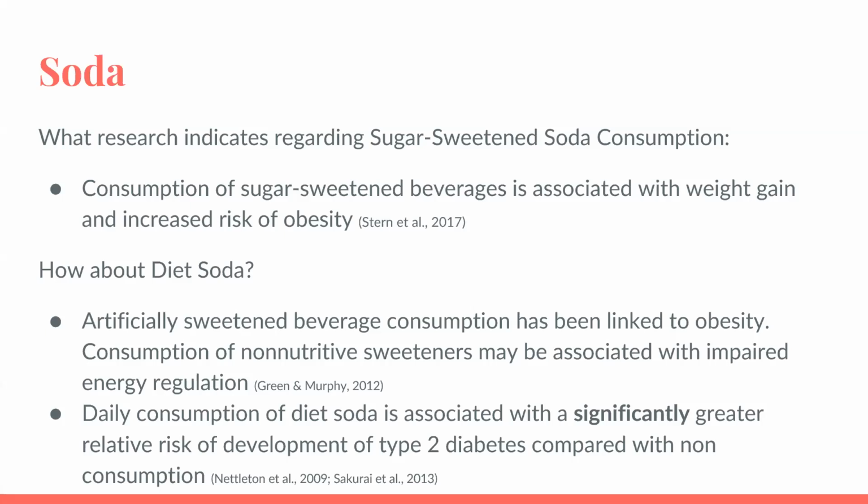I'm not sure about the science behind it, but it's not effective at preventing type 2 diabetes. Daily consumption of diet soda is associated with a significantly greater risk of development of type 2 diabetes when compared to individuals who don't drink diet soda. So I don't recommend soda in any capacity, whether it's diet or regular soda. Consider having